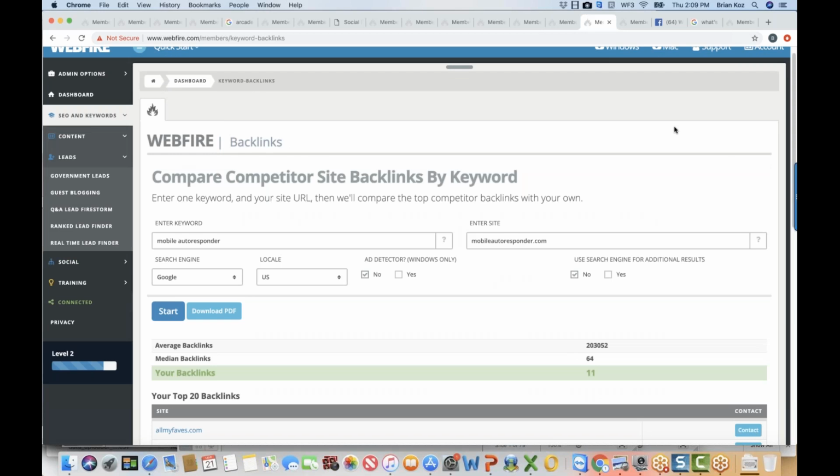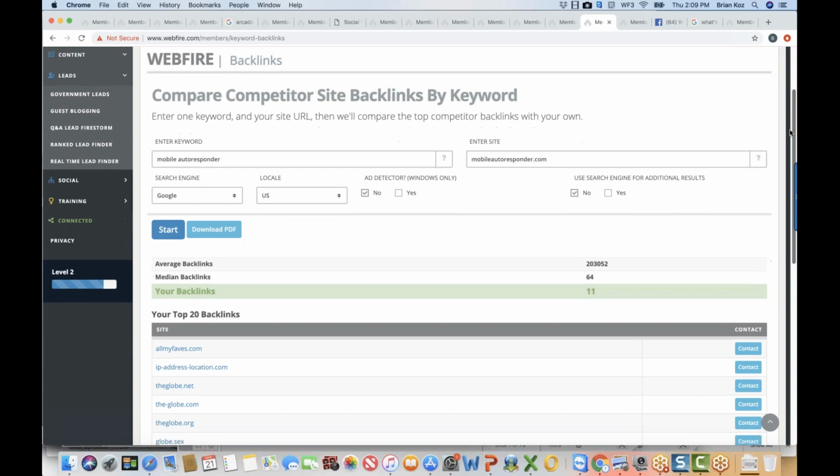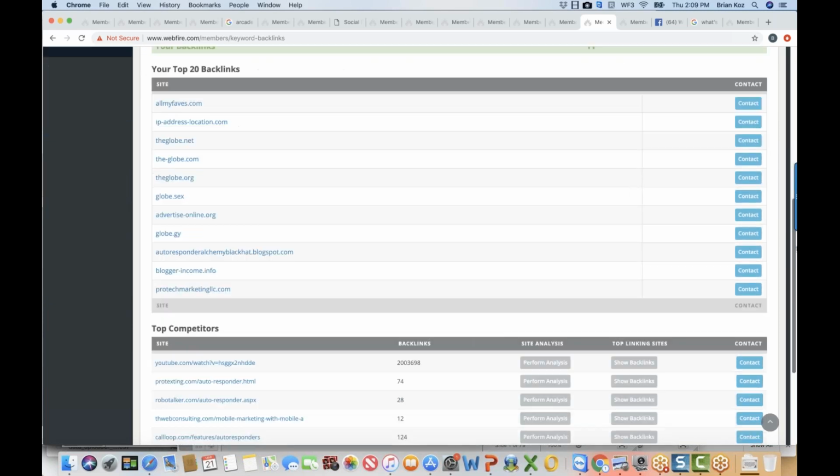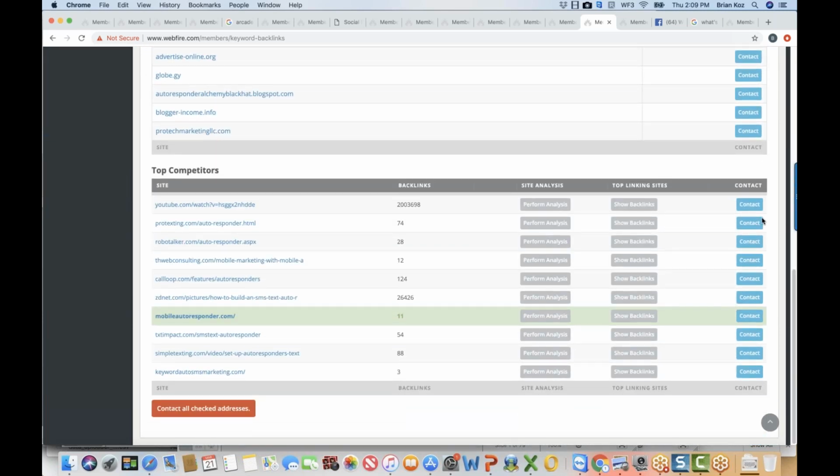We also have a cool way where you can spy on your competition and get leads of where their top traffic sources are from. So right here, I could type in any keyword followed by a site, and it can tell you what their top backlinks are, and you can click the contact right here to pull up the contact info of that site, and you can email them instantly with this red button right here.